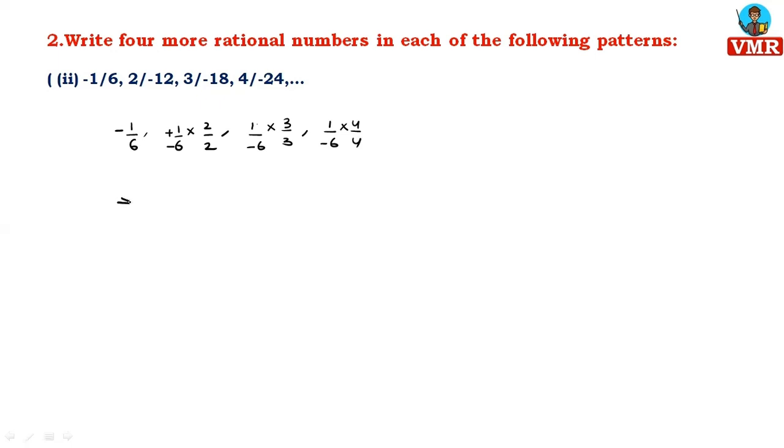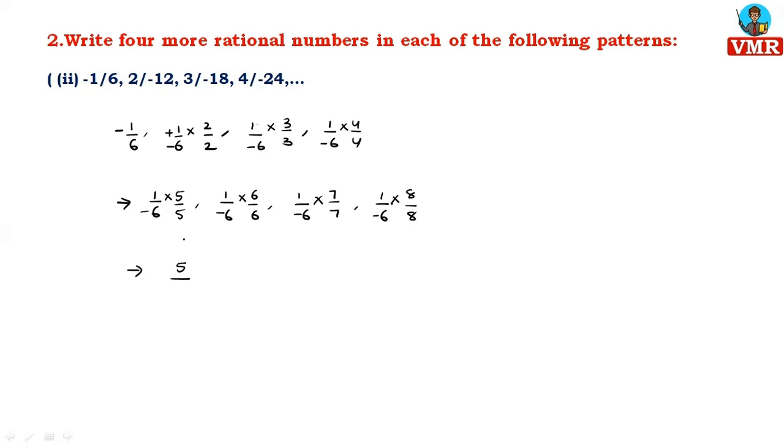If you want to get the remaining rational numbers, again 1 by minus 6, we have to multiply and divide with 5 first. After that 1 by minus 6, we have to multiply and divide with 6 by 6. Same 1 by minus 6, with 7 by 7. Then 1 by minus 6 is multiplied and divided with 8 by 8. If you do this, we will get the remaining 4 rational numbers. The answer for this question is